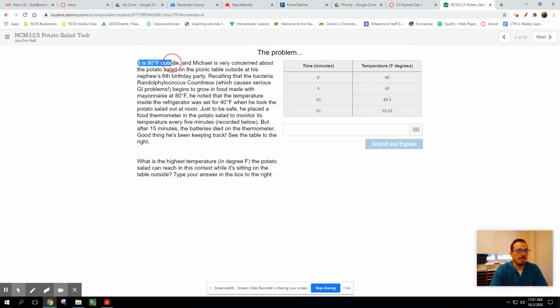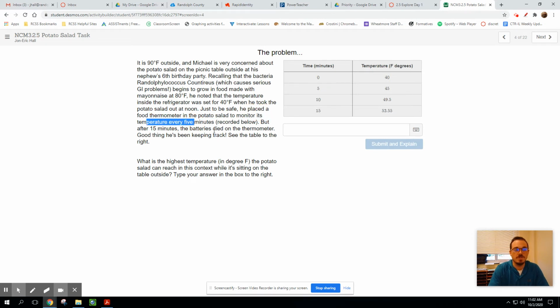So the problem again: it's 90 degrees Fahrenheit outside, and Michael is very concerned about the potato salad on the picnic table at his nephew's 6th birthday party, recalling that the bacteria Staphylococcus aureus, which causes serious GI problems, begins to grow in the food and the mayonnaise at 80 degrees Fahrenheit. He noted that the refrigerator was set at 40 degrees when he took the potato salad out at noon. Just to be safe, he placed the food thermometer in the potato salad to monitor its temperature every